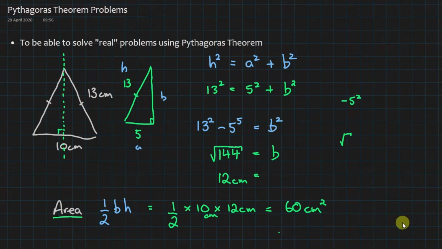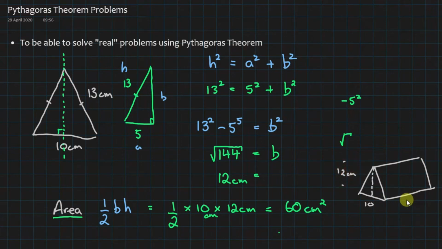So that's a fairly common type of question. What's the area on the end? Now if you remember, because of that, we can now actually do what I call the Toblerone box and find its volume. The volume of that is going to have 10 at the bottom, and we know the apex at the top is 12 centimetres, and if this is 15 centimetres long, the volume of that prism,